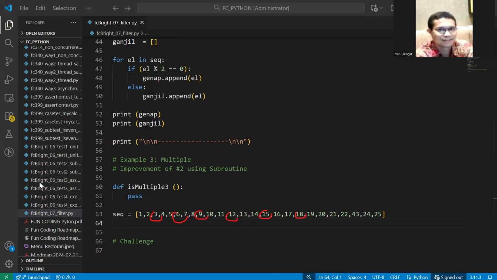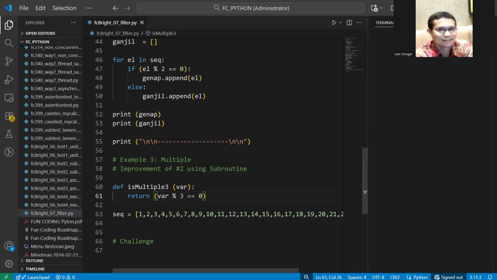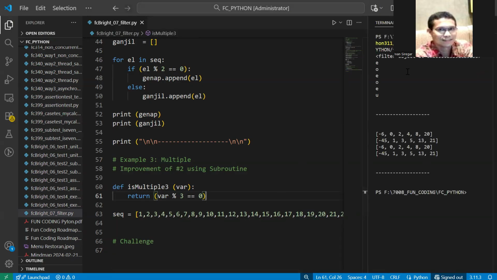We put here the variable, and then the variable will be checked whether this variable mod 3 is 0. So we return this as true or false. Very simple. After doing this, you can check, and we don't have any error now.